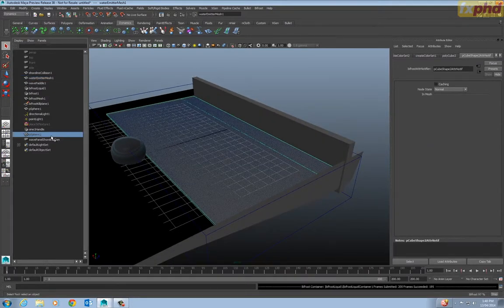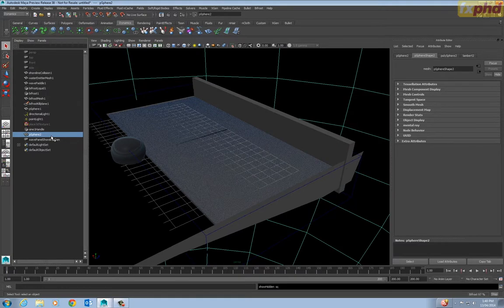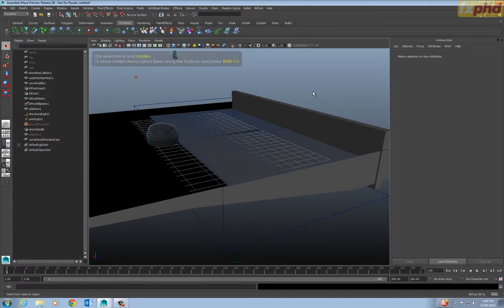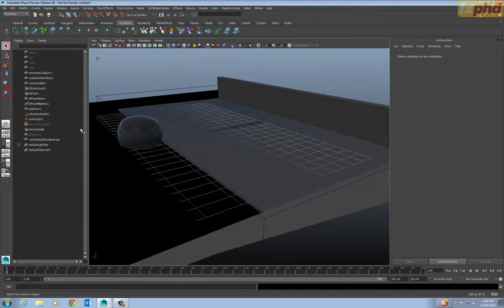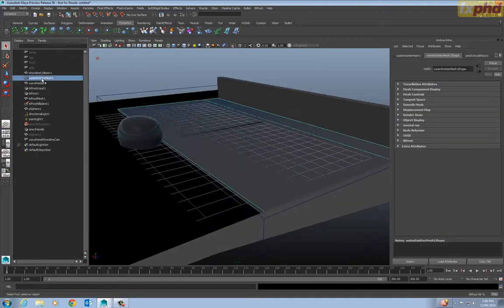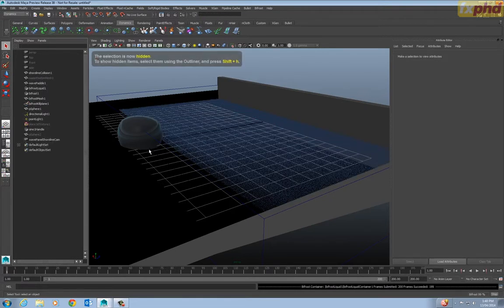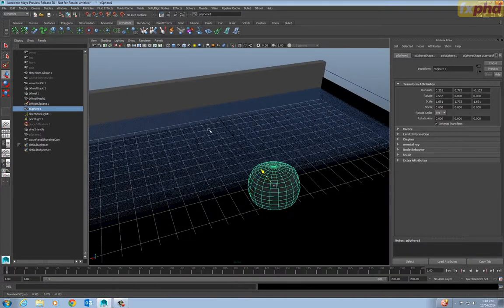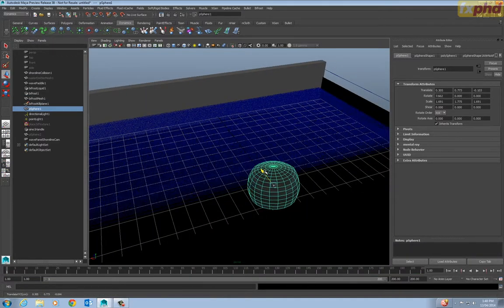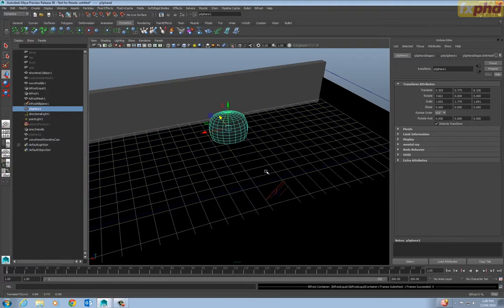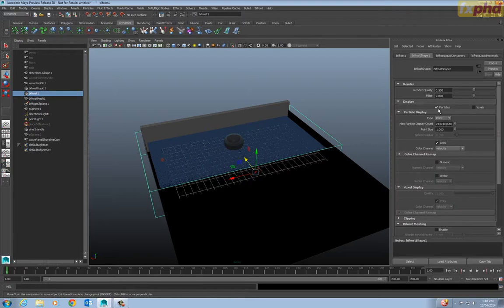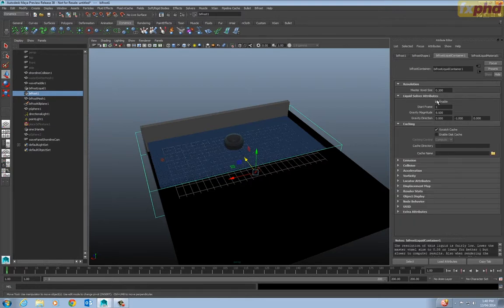So this geometry here that we can see, that's actually the water emission geometry. That object there is filled even though it's not a collider. So that's the initial state, if you like, for the water to appear in the scene, and then it can get flowed along the paint tray that's in the bottom. So this is a pretty good setup. It's easy to use, it's good to learn with,